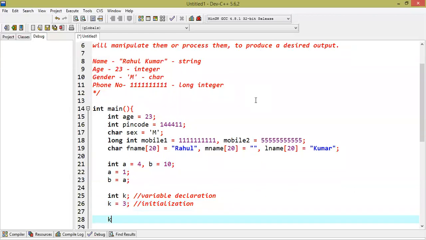Thereafter, when we use the same statement for declaring and initializing, something like this, char ch equal to capital A, then this is called what? This is called variable declaration and definition together.